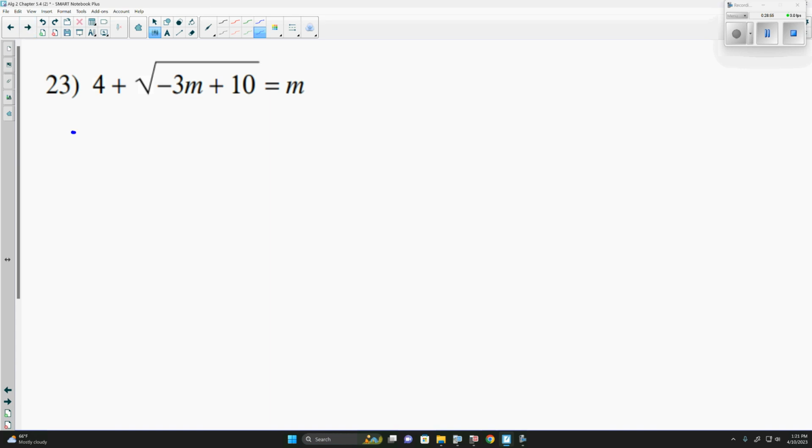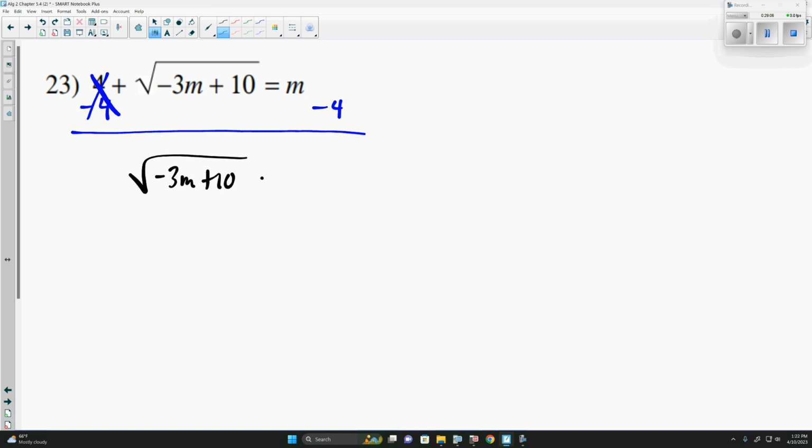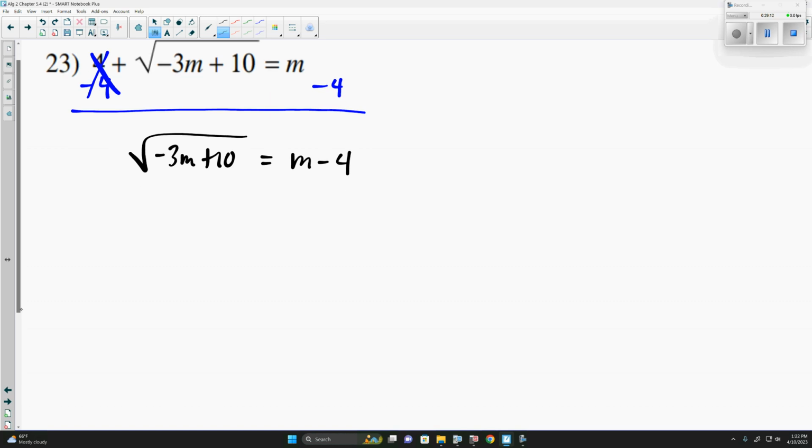So we would need to subtract 4 from both sides, which will tell us we have the square root of -3m plus 10 is equal to m minus 4. Yes. So we minus the 4, we get this. Now we can square both sides because the radical is by itself. We put both sides to the nth power. Those will cancel. -3m plus 10 is equal to